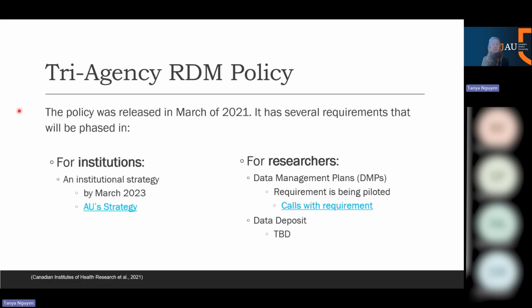So the tri-agency RDM policy was released a few years ago, and there were some requirements that had to be phased in for both the institutions and for researchers. Particularly for institutions, we needed to have an institutional RDM strategy in place by 2023, and we have one for AU. For researchers in particular, data management plans and data deposits